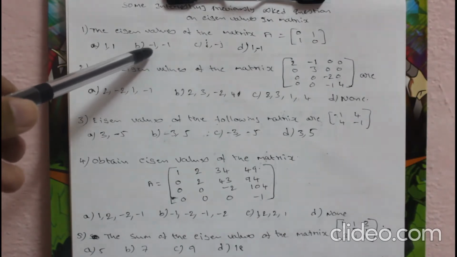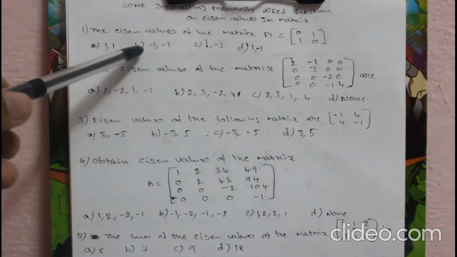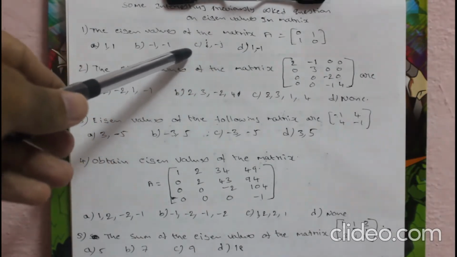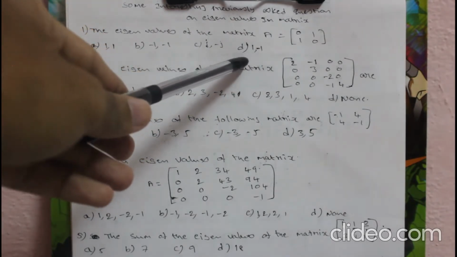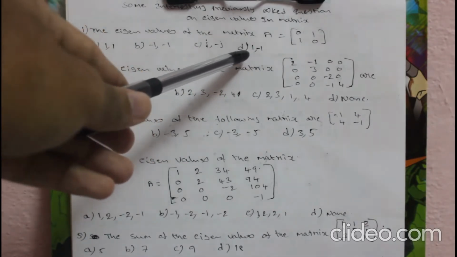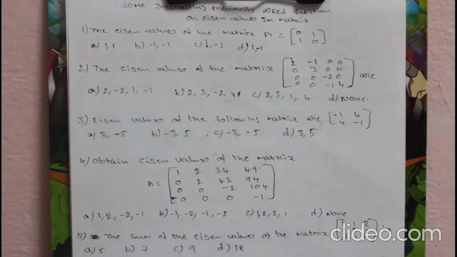Option B, minus 1 minus 1. So minus 2, that is also not equal to 0. So option B also eliminated. Look at option C, j minus j, that is equal to 0. So this option has the chance. Now look at option D, 1 minus 1, that is equal to 0. So option C or option D are correct.